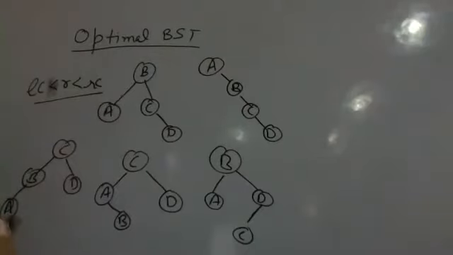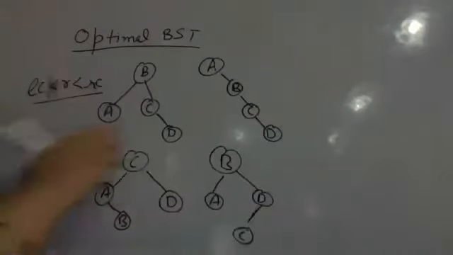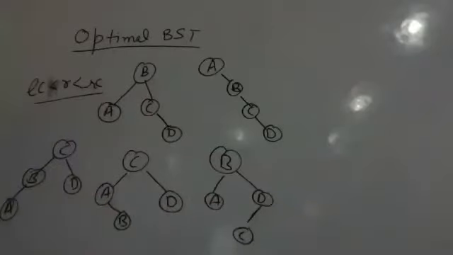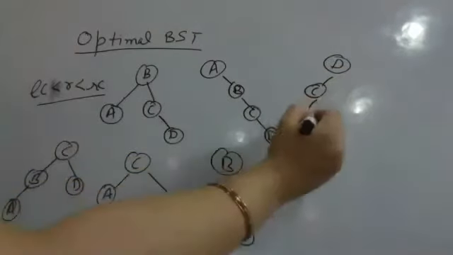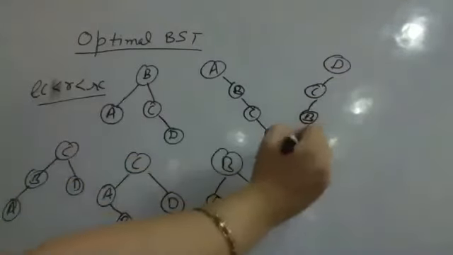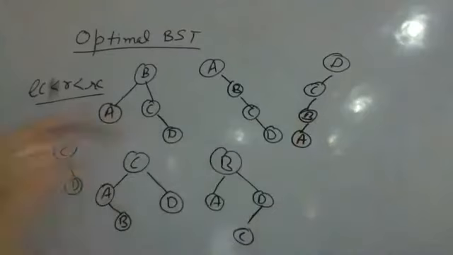So if I'm taking A, B, C, D in the order as it is, all of the trees which I'm representing for the four keys available, A, B, C, and D, if I have to arrange them in a binary search tree, there are many possibilities of arranging them. They can be arranged like this. They could have been arranged like this also, and more possibilities still exist. All of them are following the property of a binary search tree.